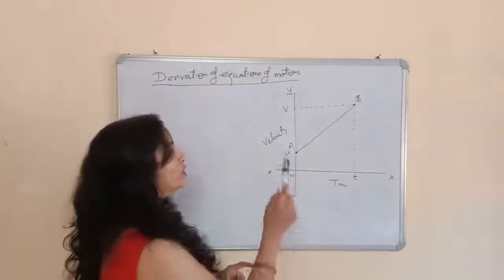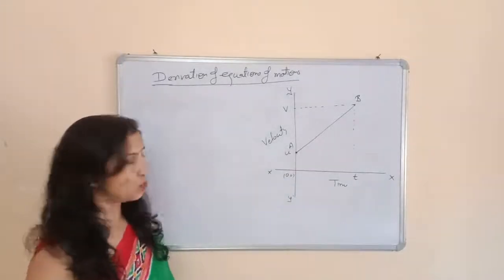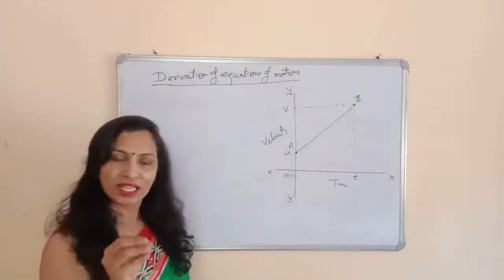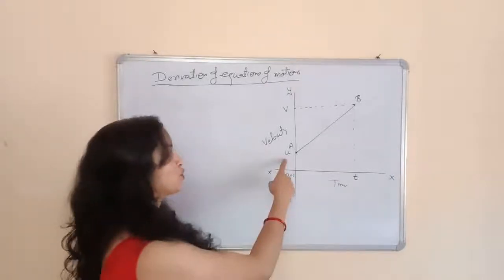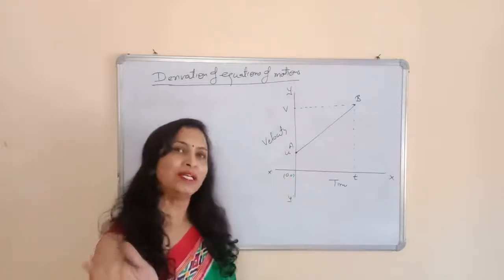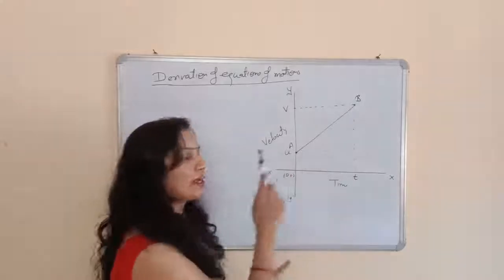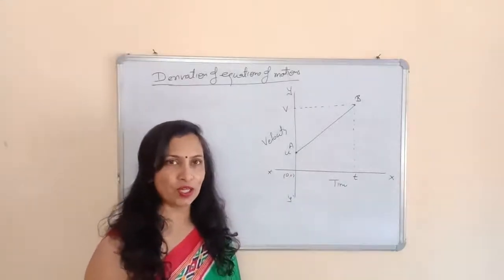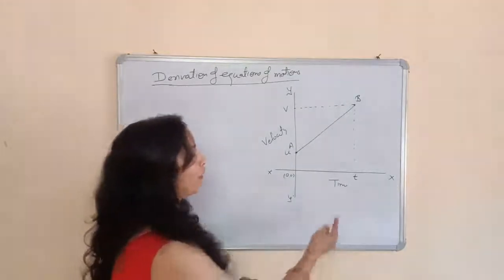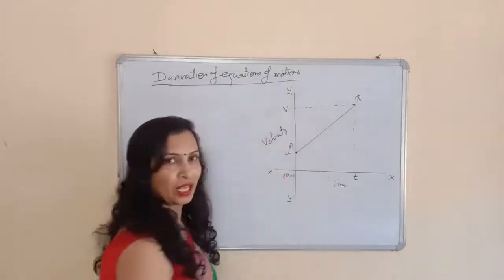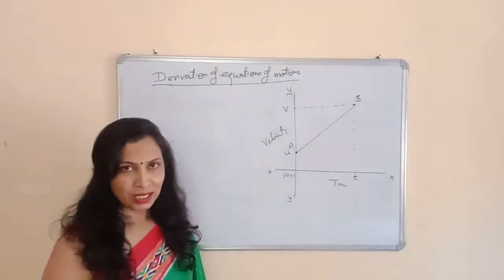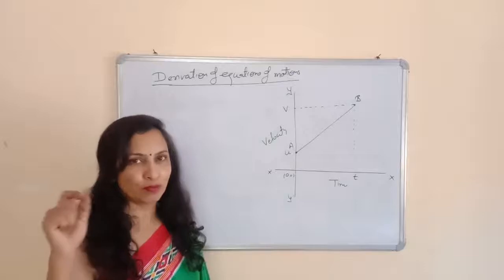And suppose the body starts from this point. This is the initial velocity. So this is the point A. In this graph, we are representing this point A with the initial velocity of the body. So suppose a body is moving with the initial velocity of U, and suppose it has a uniform acceleration. Acceleration means its velocity is going to change. So after t time, since it has accelerated motion, suppose the velocity changes to V. And we are representing this velocity V on the graph by the point B. B is a point on the graph which represents the final velocity of the body, which is equal to V.